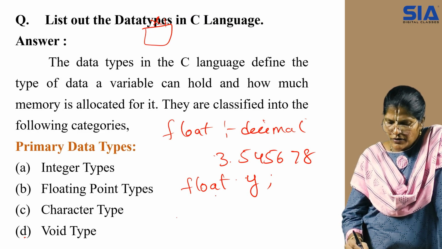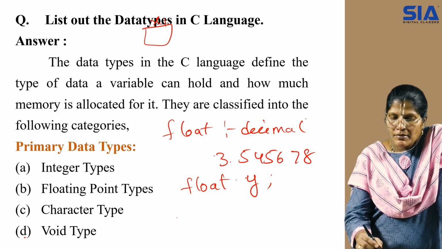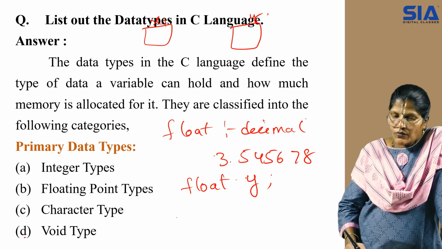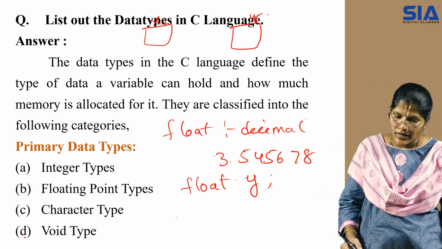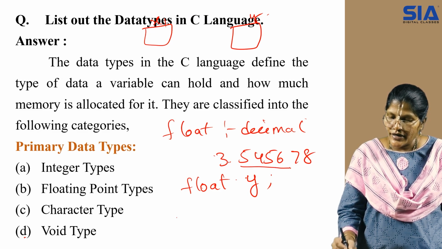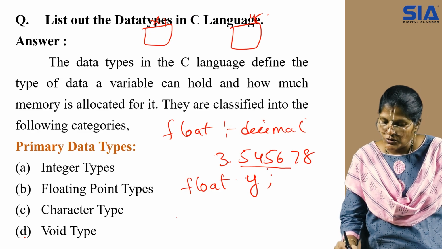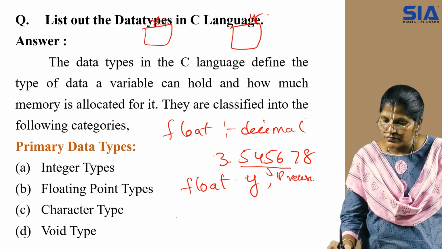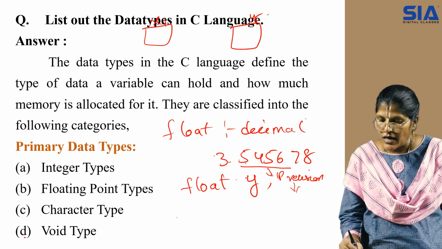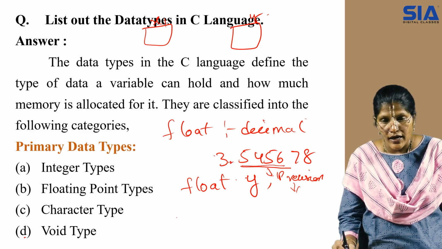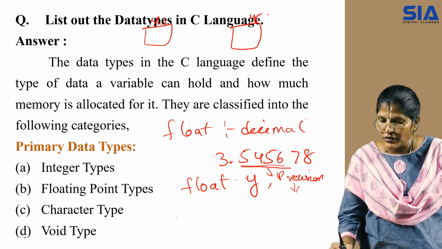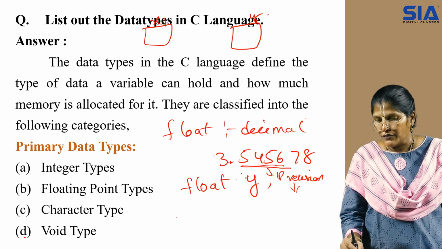Now, if I am taking float y, memory is reserved for the variable called y. Once you declare the variable as float y, after the decimal point, it will take 4 decimal values as its precision. This is termed precision. Now, what is this precision? Precision is nothing but considering 4 values after the decimal point, and that is termed the precision value. So, precision is where it gives you the exact value of the variable.